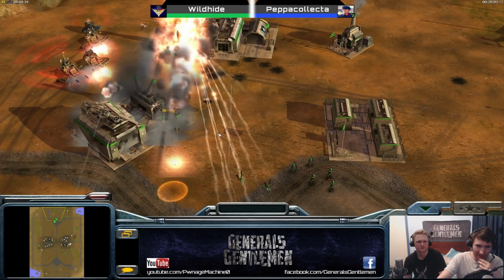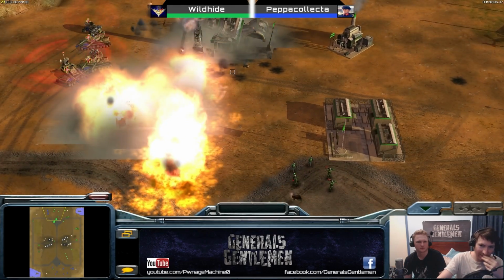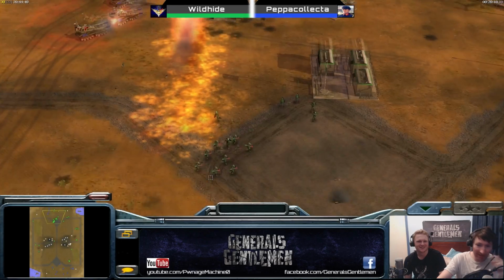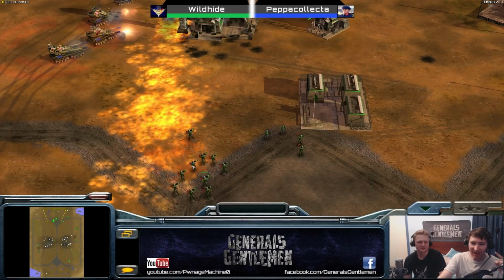Looks like he's going for the command center. Oh no, actually just the war factory. Yeah, takes that one down. The command center's a little bit low here, but he probably can't engage this. But actually, no, he can because...